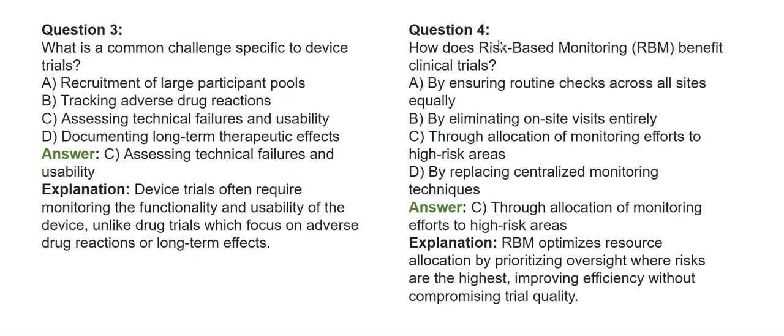Question 4: how does risk-based monitoring (RBM) benefit clinical trials? A, by ensuring routine checks across all sites equally; B, by eliminating on-site visits entirely; C, through allocation of monitoring efforts to high-risk areas; or D, by replacing centralized monitoring techniques. So it is C: RBM directs and allocates the efforts to high-risk areas. RBM optimizes resource allocation by prioritizing oversight where risks are the highest, improving efficiency without compromising